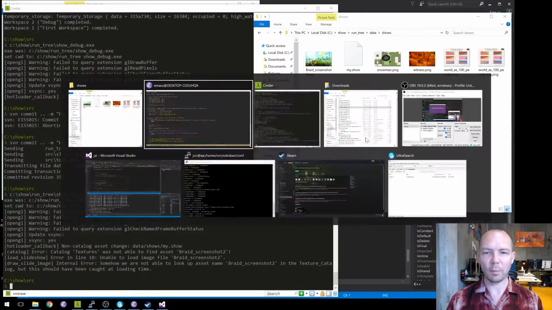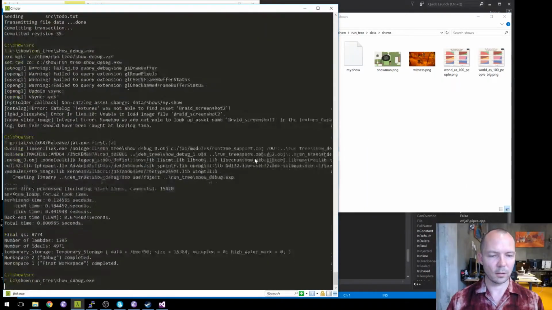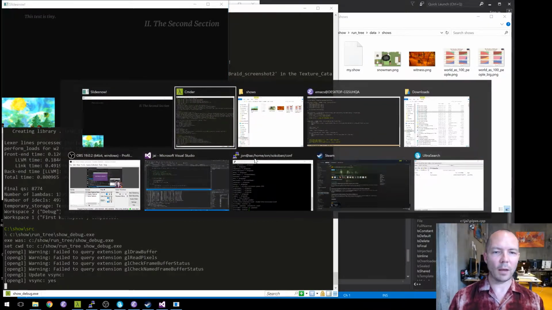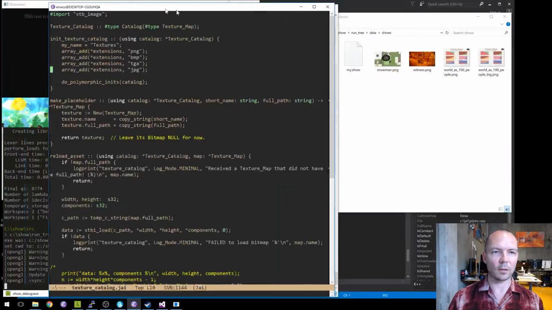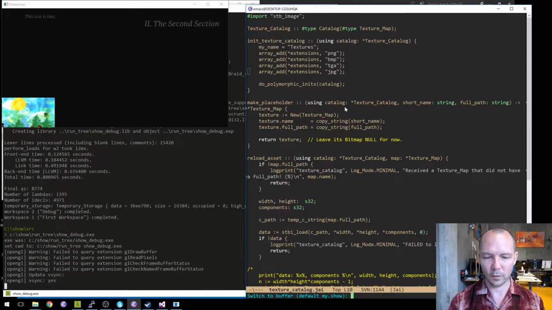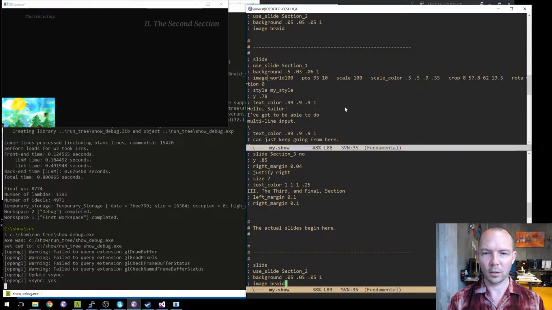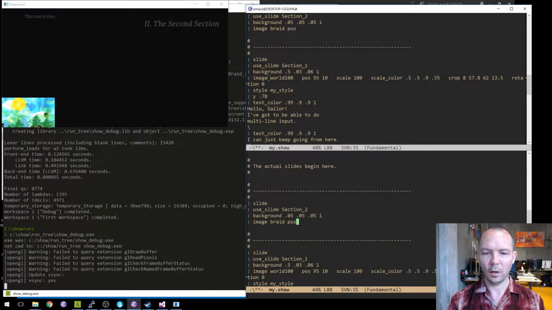Let's put JPEG back in. All right, so we haven't positioned the image or anything yet. So image grade, what are my options to image? Position 50/50, scale 100.